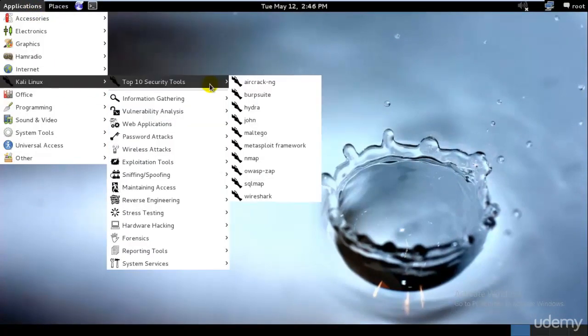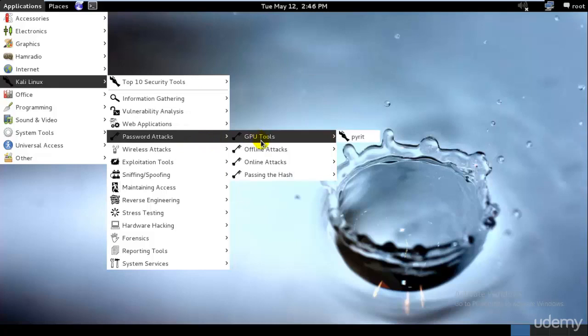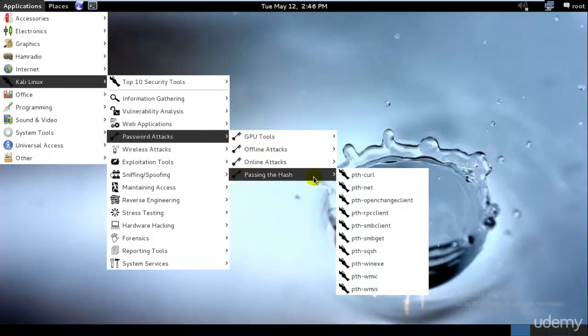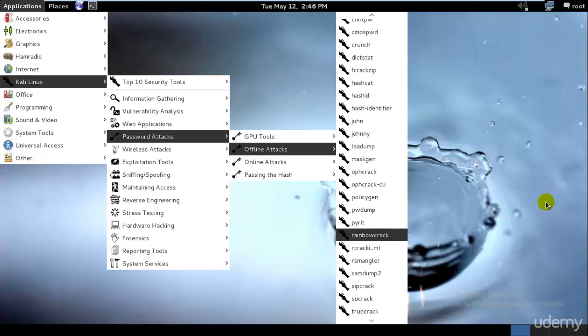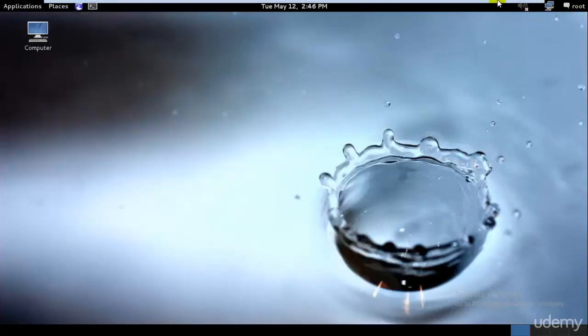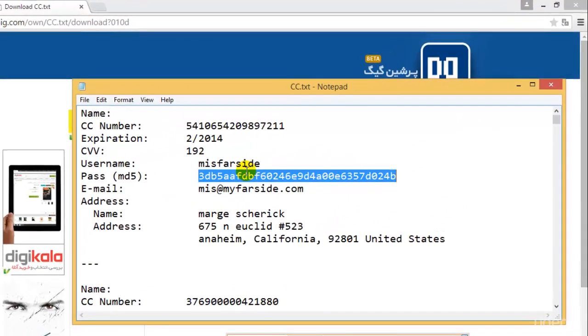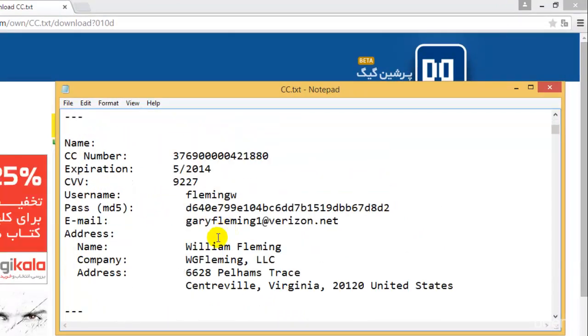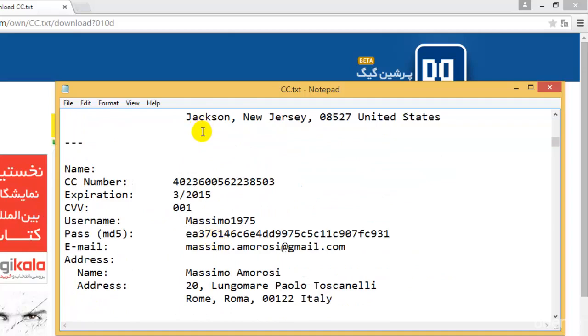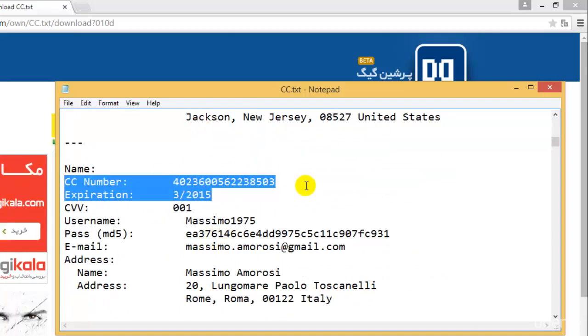As you can see, we have hash tools for the MD5 hash files, we have online attacks, and we have John the Ripper, hash identifier and Hashcat. Even OphCrack is a very good one, and rainbow cracking tools. So these are different things through which we can crack the MD5 file, and we have the email ID. So you can see how easily we can crack this, and you can even see that this expired just 2 months back.